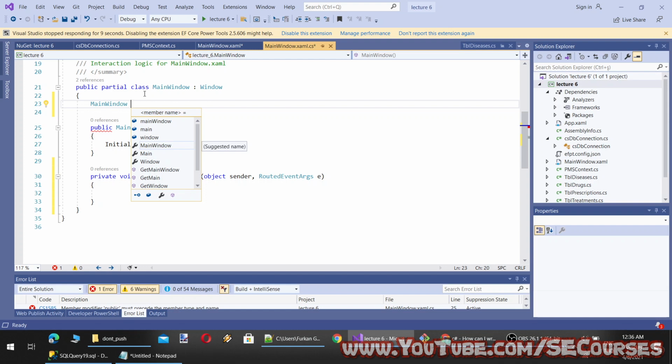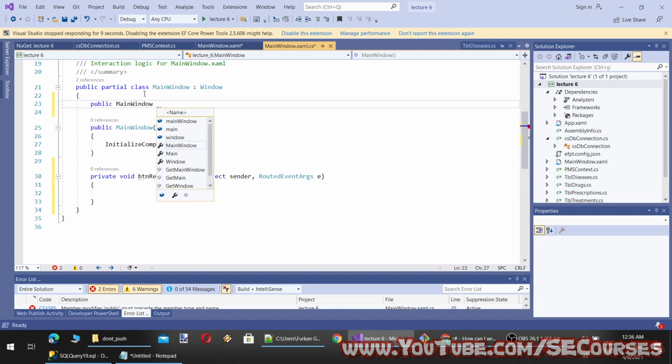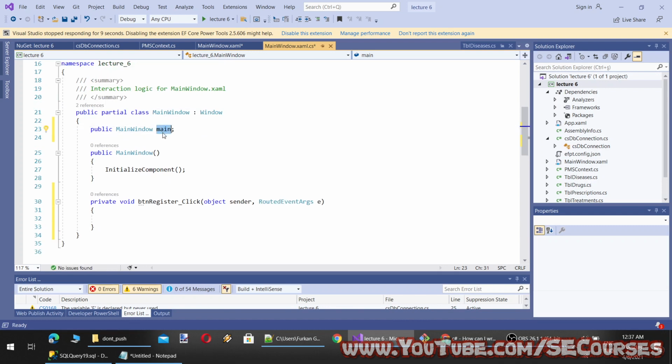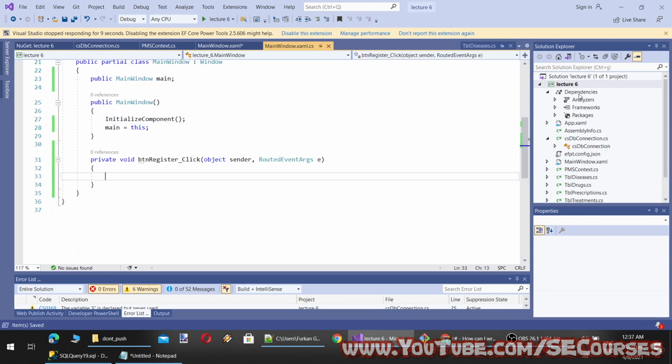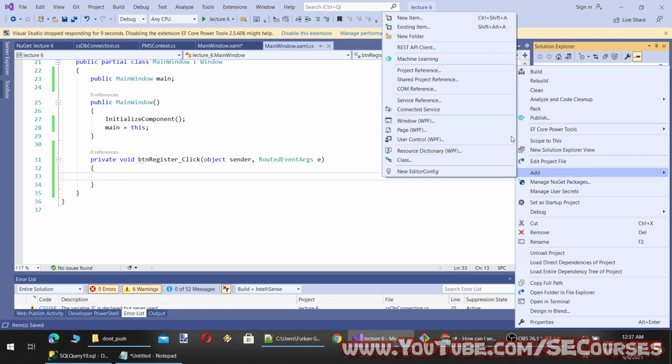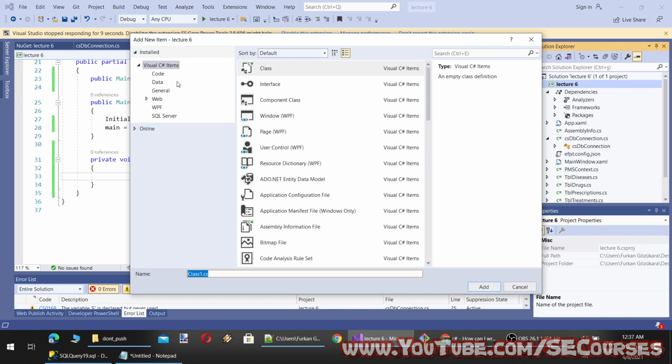So it will be public MainWindow main, and this main will have a reference of this. Why I am doing that, I will explain to you. And register will call another class. So let's add a class as RegisterOperations.